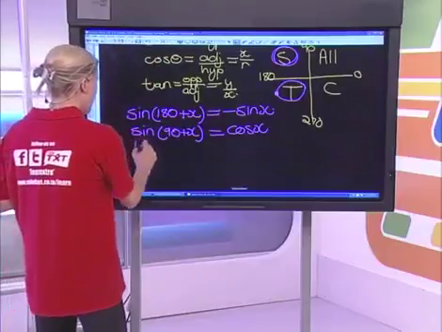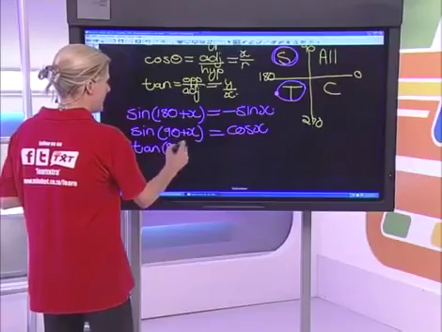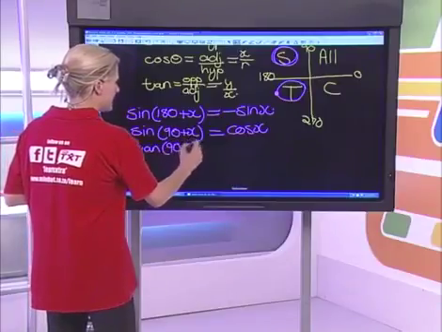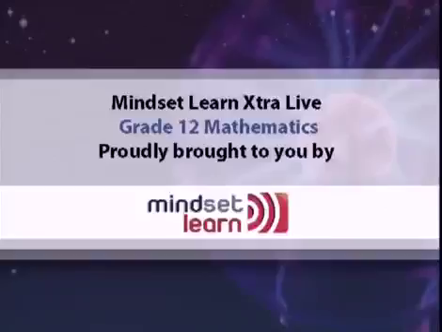Or if I have tan of 90 plus x. So that's a 90 plus again. Tan changes. Now, firstly, I've got to determine whether tan